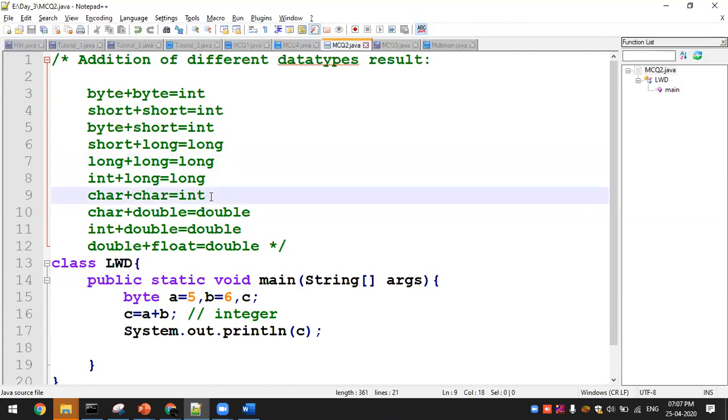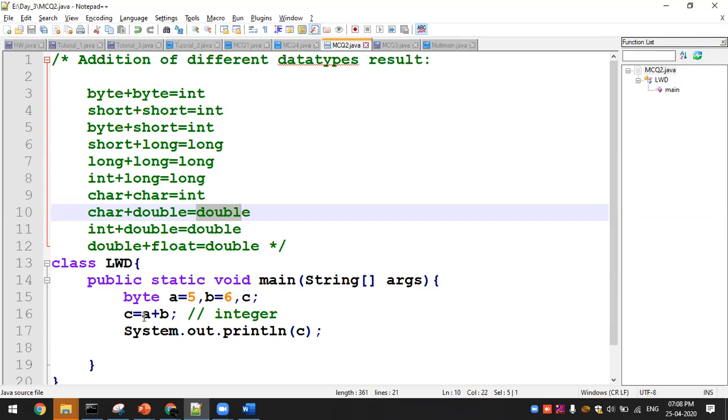If you're going with the other data type, that is character, a non-numeric data type, character plus character is also int. Why? Because the ASCII value of character 1 is added to the ASCII value of character 2. Now if you're adding a character plus double, the maximum type is double, it's not an int value. Again, int plus double is going to give a real value. Integer plus a real value is again a double. Float values are not going to be the maximum; you will have double. Double plus float is also double. Okay, so this is how you get the result types for different data type additions.